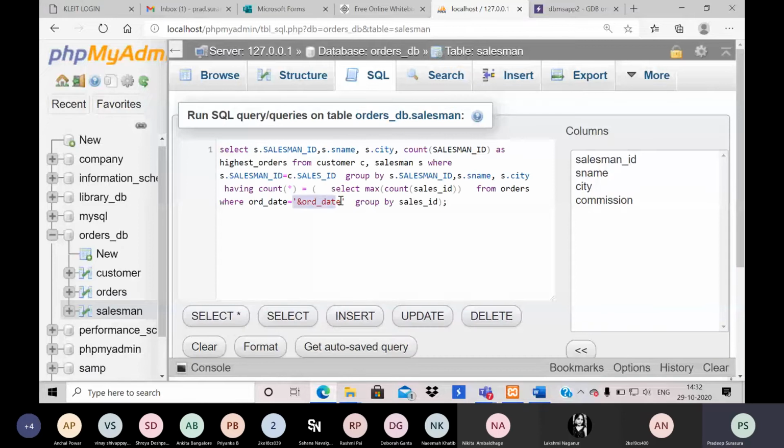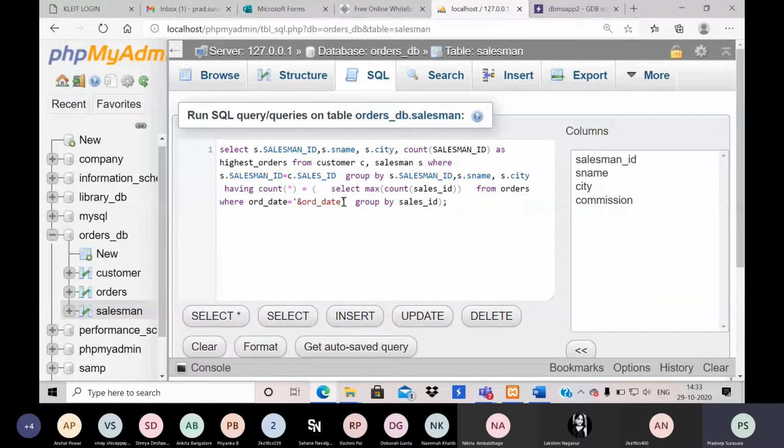This query is written to take the value of date at runtime. This query is a bit different.